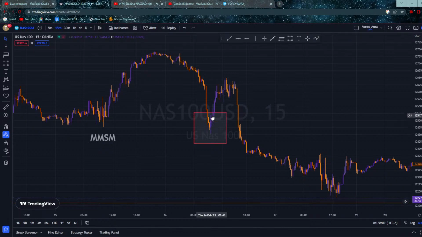So what happened? It dipped inside, and you anticipate a buying scenario. If you had bought here and put your stop loss at least here or below this, you would be fine. The loss was not going to be too big. You manage it with a minimum lot size, not a crazy lot size, and if you have the funds to do that, you are going to be profitable as well.